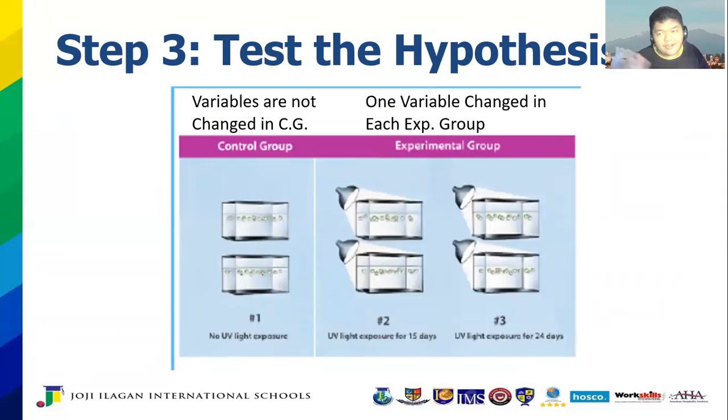Again, this is how we construct a controlled experiment. So in a control group, or sometimes called the placebo group, this is where the variable is not changed. And then in an experimental group, you change the variable, the independent variable. Okay, I hope you understood that point. Okay,